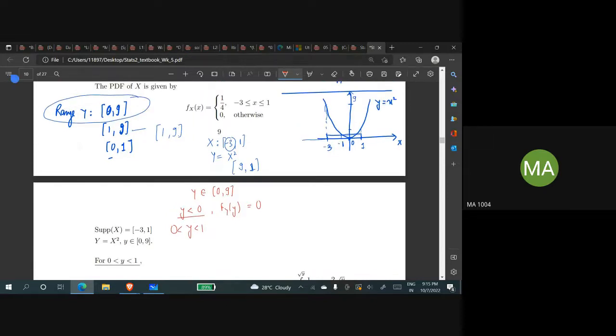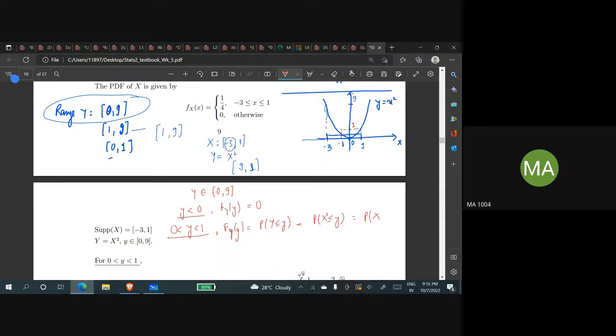why are we taking it as just 0 to 1? Because from minus 1 to 0 and 0 to 1 we have repetitive values. From minus 1 to 0 and from 0 to 1 we have the same values of y from 0 to 1. So we can look at what happens when y lies between 0 to 1. In this case, our F_Y of y is just the probability that capital Y is less than or equal to y, and Y is X squared. So it is the probability that X squared is less than or equal to y, and this is the same as the probability that X is